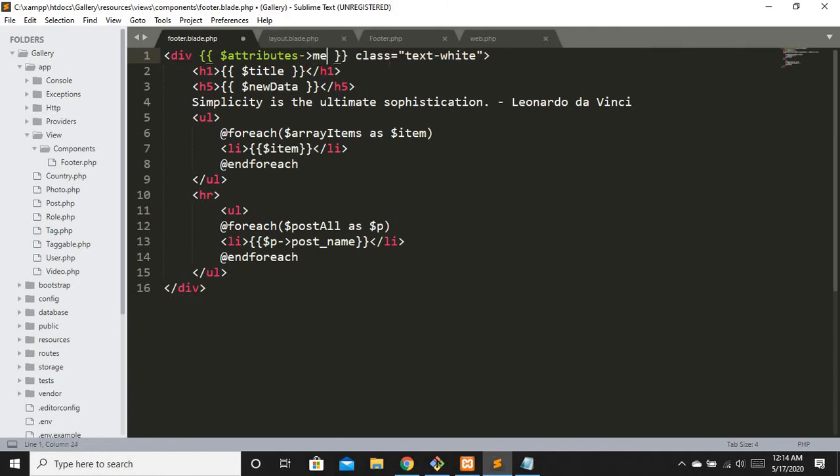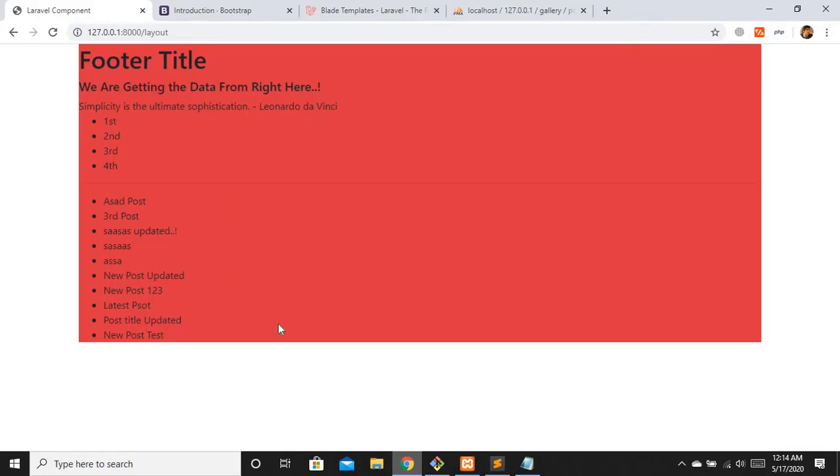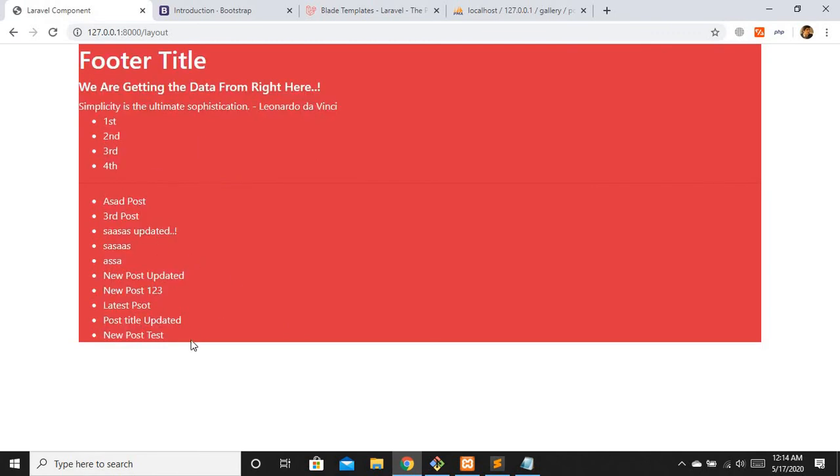Basically attributes, we are going to merge this class as key and value in this attributes array. Okay, merge, and let's say class, basically the key is class and the value is text-white. I will just remove it from right here, and let's see if it is working or not. Let's refresh, and you can see it is working just fine right now.